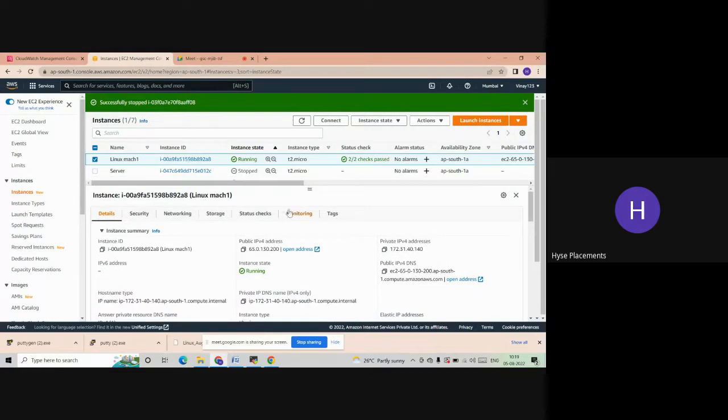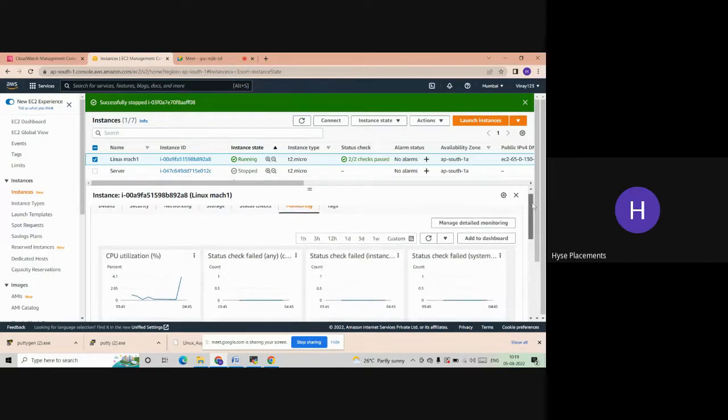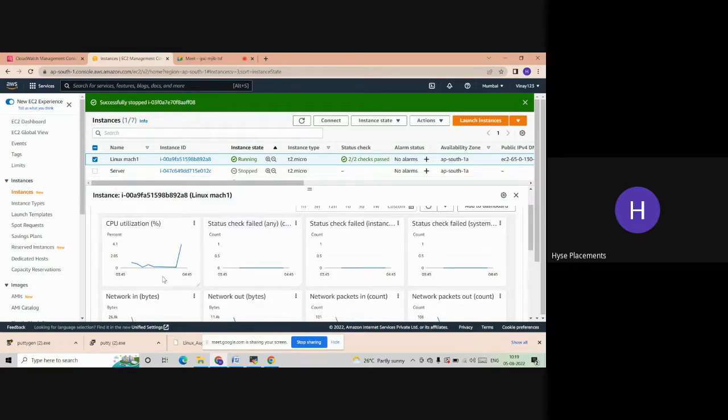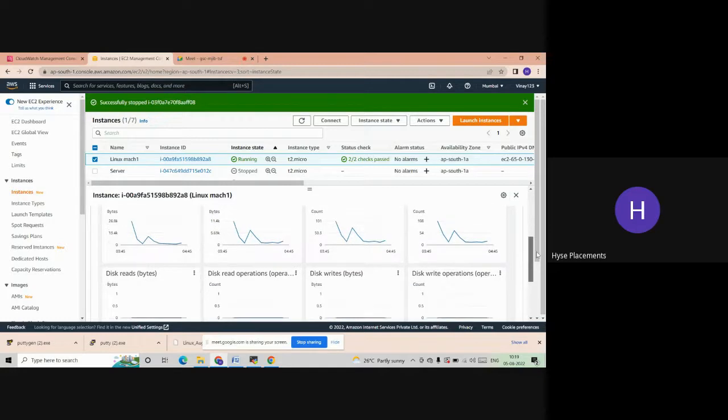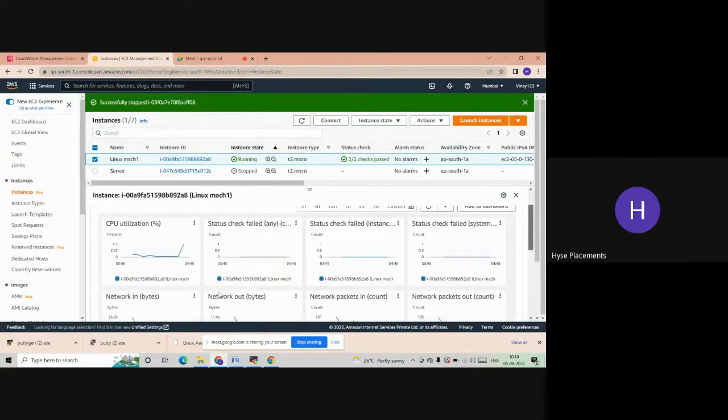Here, if you check, there is one tab called monitoring. Okay, you click here. So this is CPU utilization. This is status check failed. Status check. So these are the different graphs. Okay, so like this, what will happen is,